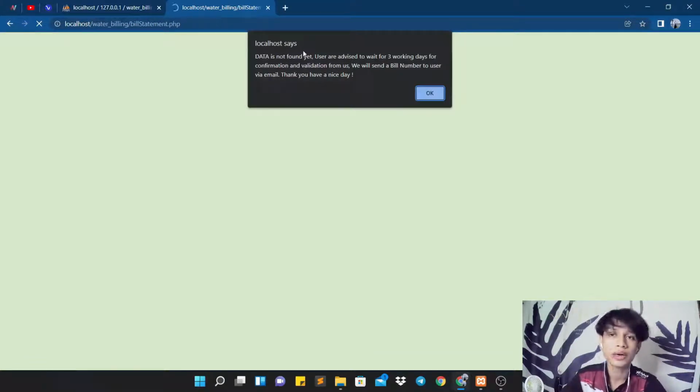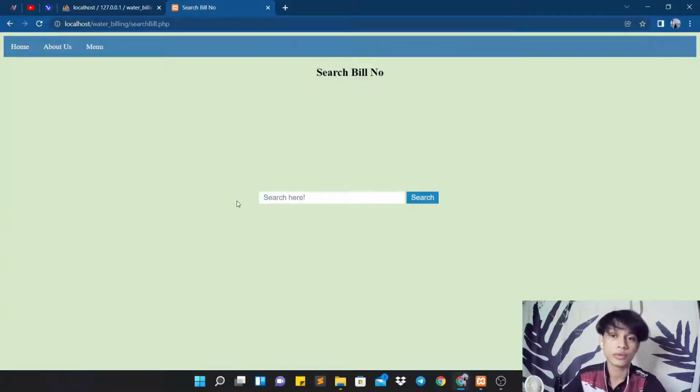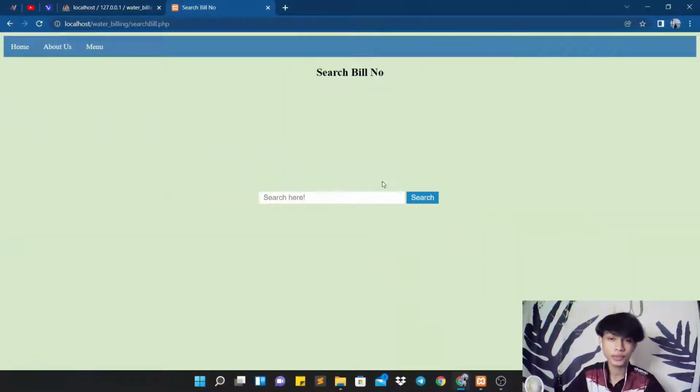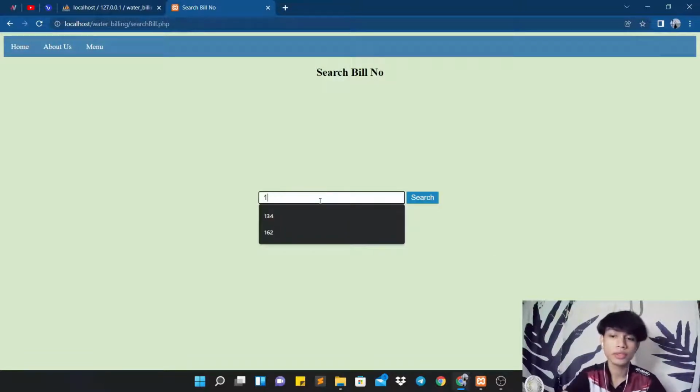You can see here the system has notified us that users are advised to wait for 3 working days for confirmation and validation, because this user is a new user. For all the new users, they need to wait for 3 working days in order for the system to validate their information and insert the bill in our database. Okay, after 3 working days, the user has got their bill number via email from the system. For this user, their bill number is